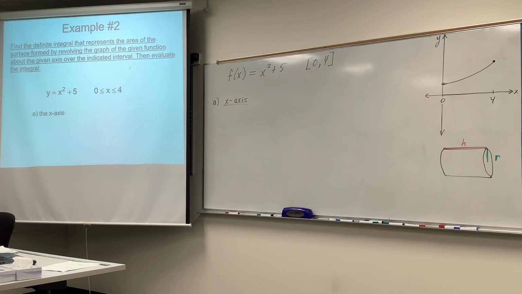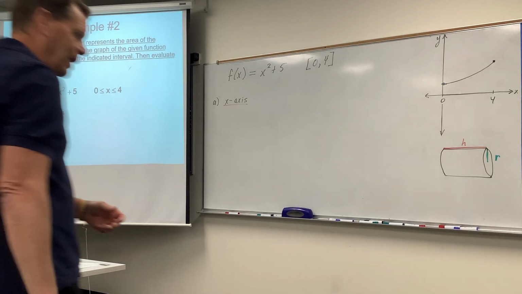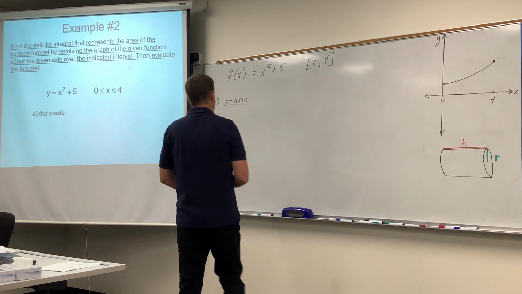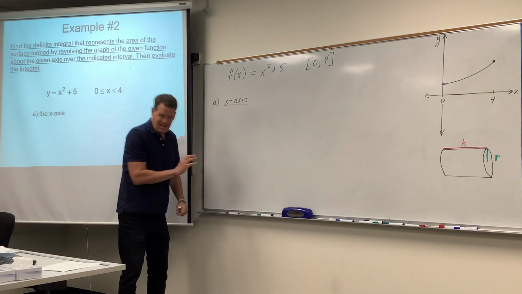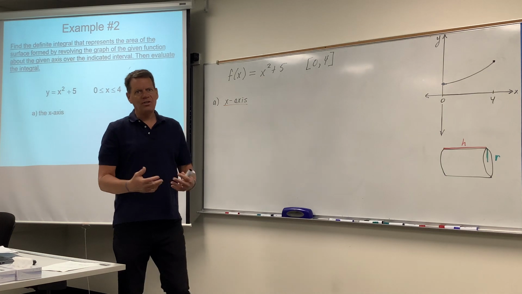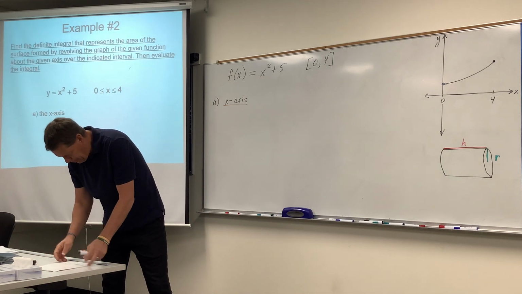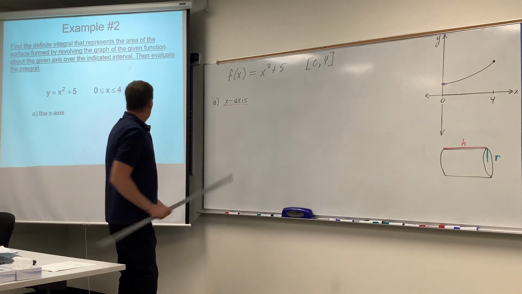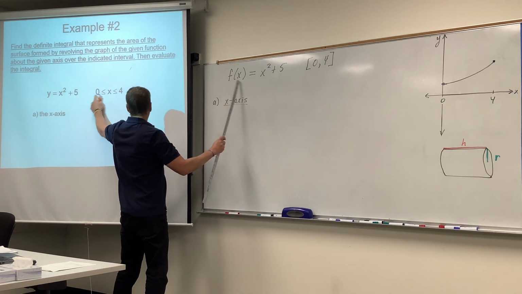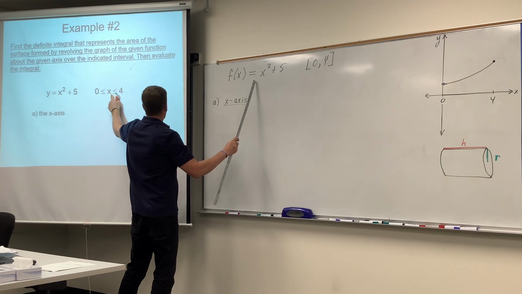All right, here we are, arc length and surface area. We're going to do example 2, parts A, B, C, then we'll pause and do parts D, E, F, because they do have slightly different setup here. But you'll notice, first of all, that I changed the y equals into f of x and the compound inequality